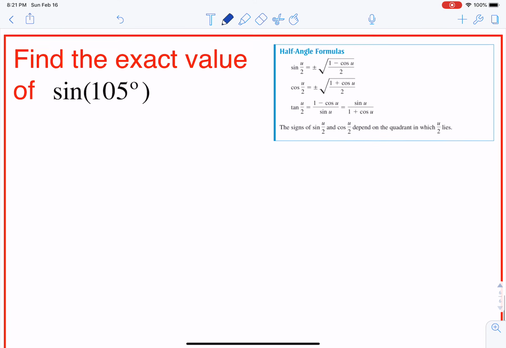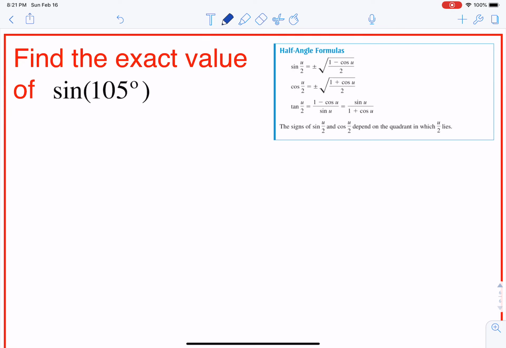Great. And lastly, let's just do an example together working with these half angle formulas, just so you can get one down in your notes. It says find the exact value of sine of 105. So the first thing that we want to think is that 105 is not a nice angle on our unit circle. But we do know that 105 is